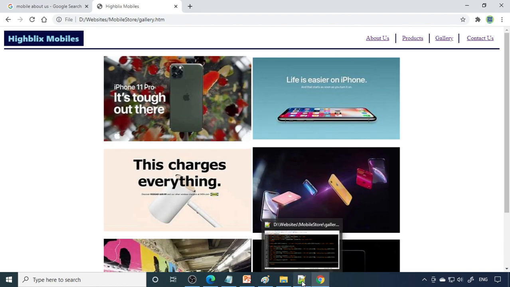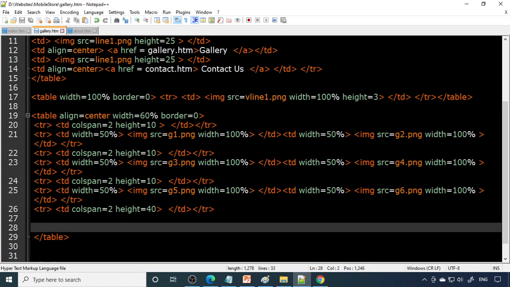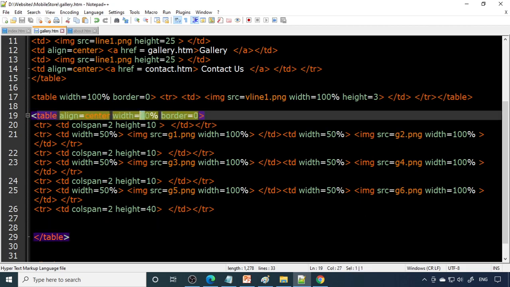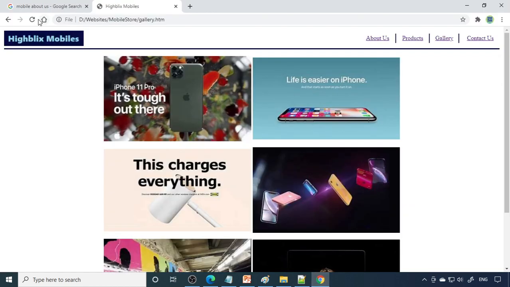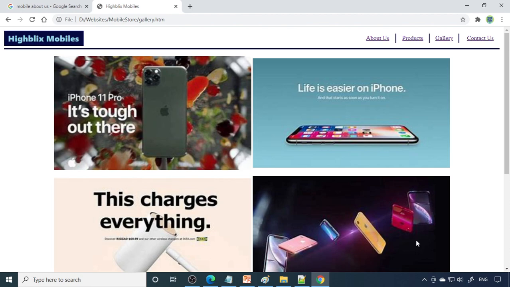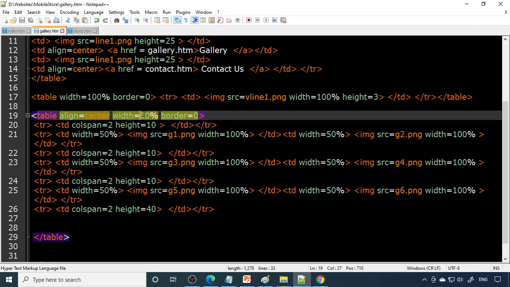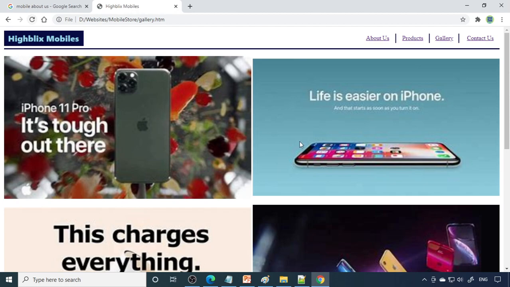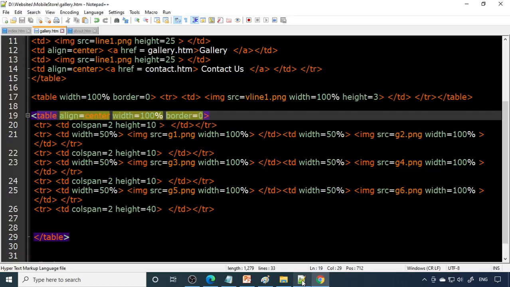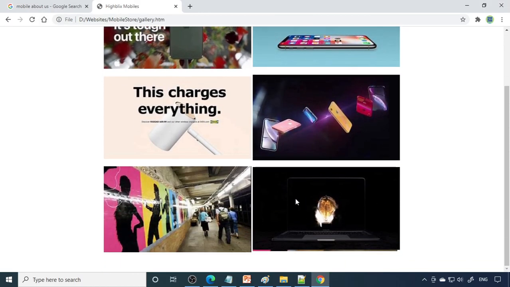So we can make it full screen. If you want to make it full screen or near full screen, then you can increase it to 80%. Now you can see that automatically it increases to 80%. So the pictures automatically become bigger. If you make it 100%, then the whole screen will be occupied. Because we already specified the percentage, we don't need to make any other changes. Just change the percentage, then you can see the pictures become much bigger and occupy the whole screen. So 60 may be more ideal, so I'll keep it at 60. Save this. Now you can see that our pictures are at 60.